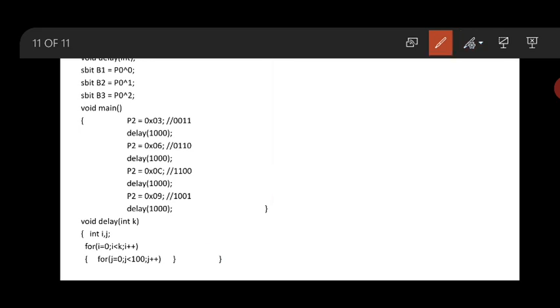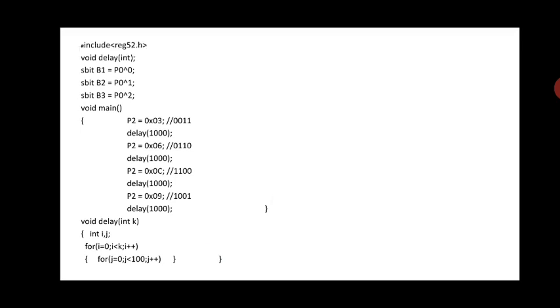Then it all depends on the energizing of the coil, that is the stator coil. Depending on this, your rotor will move, and how much it will move for the corresponding stepper? 7.5 degrees. Total how many steps will it take to make one circle? 48, because 360 divided by 7.5. Since we need to load the value so that it will continuously loop through the 360 degrees. I hope you understood the stepper motor operation.